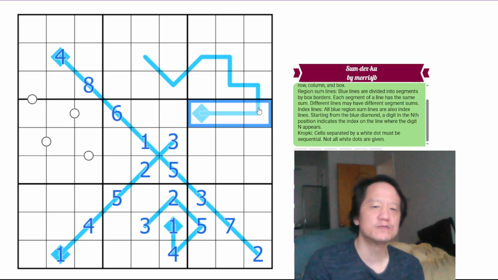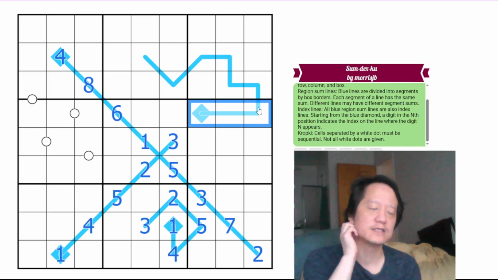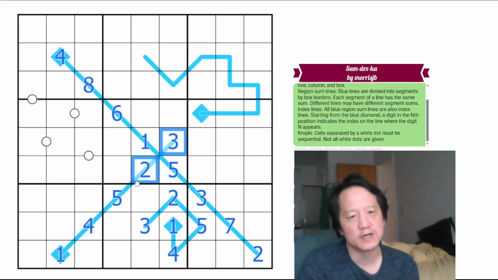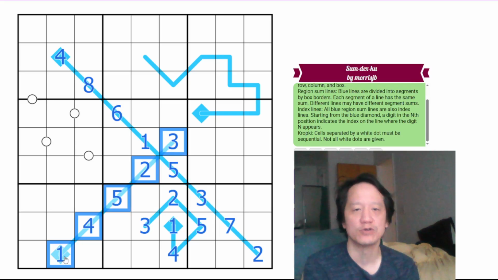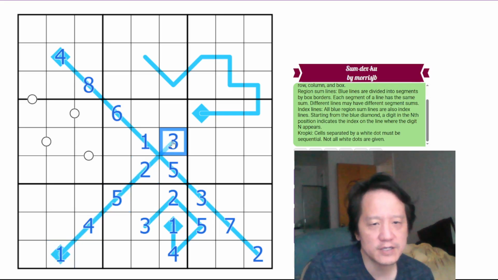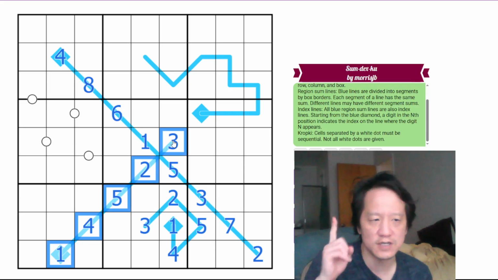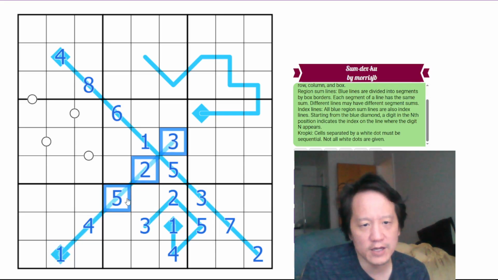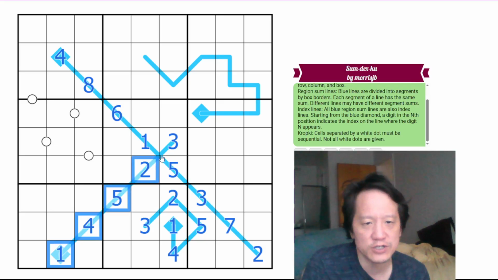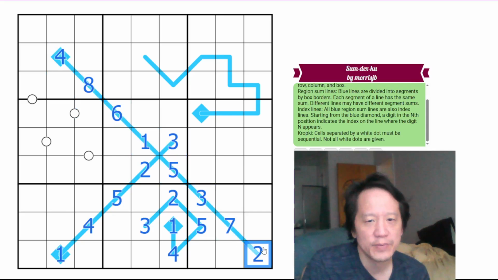And so the reason why we know all this is the index lines, where can each digit be? You can't have repeats on the index line. Sorry, I didn't explain this very clearly. On an index line, you can only have the digits singly, and they can only appear once, essentially. So you have all the digits from 1 through 8 on an index line. And the reason is because